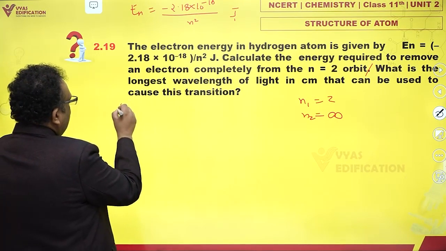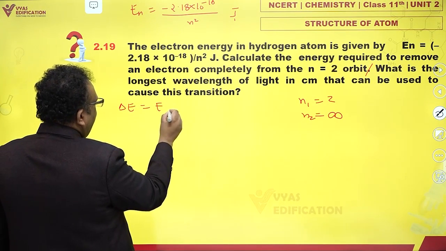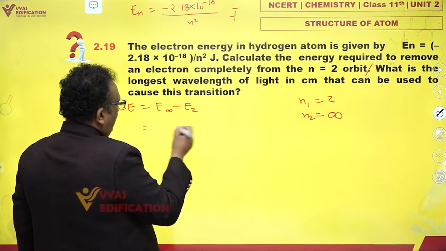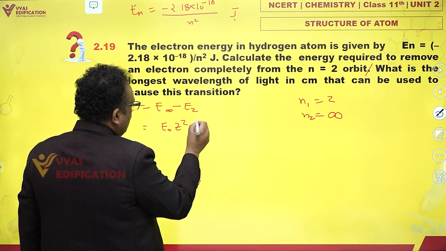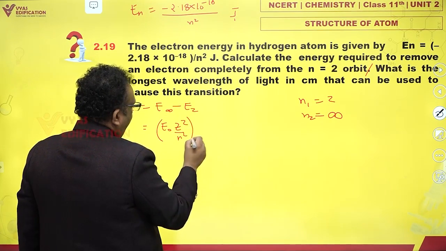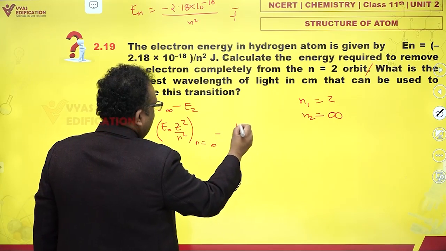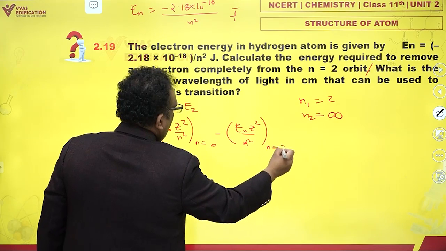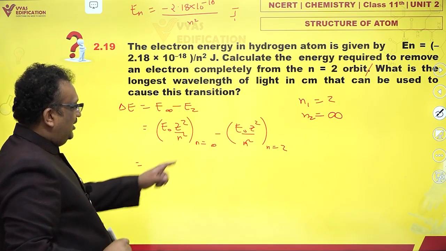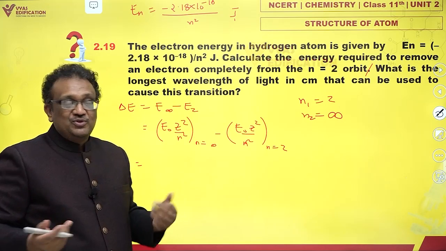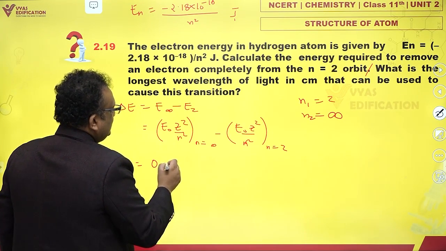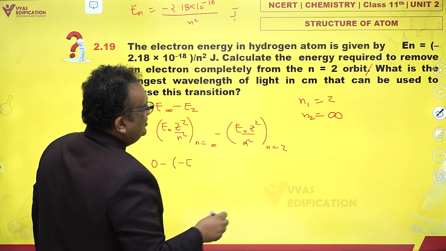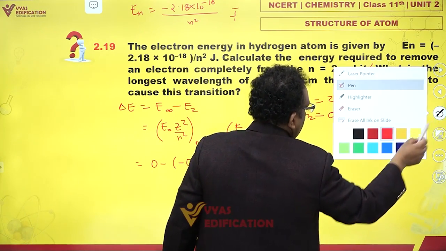That means difference in energy is E infinity minus E2, which is E naught z square by n square when n is equal to infinity minus E naught z square by n square when n is equal to 2. Now, the moment you put infinity in denominator, it becomes 0. So, this is 0 minus